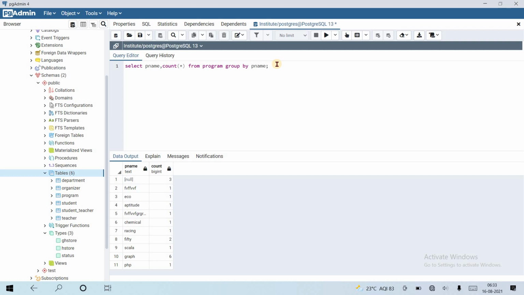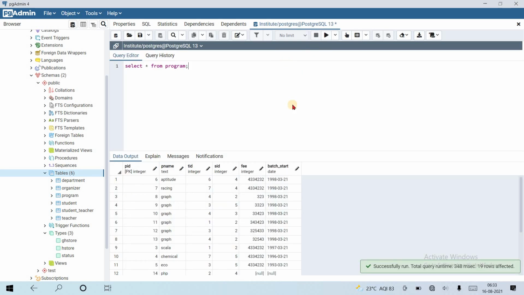So let's get the average of program fee. Our table values: select star from program. Let's get the average of the program fee, means the average of this column grouped by program name, means the fee taken for each program. We want the average of fee from program.